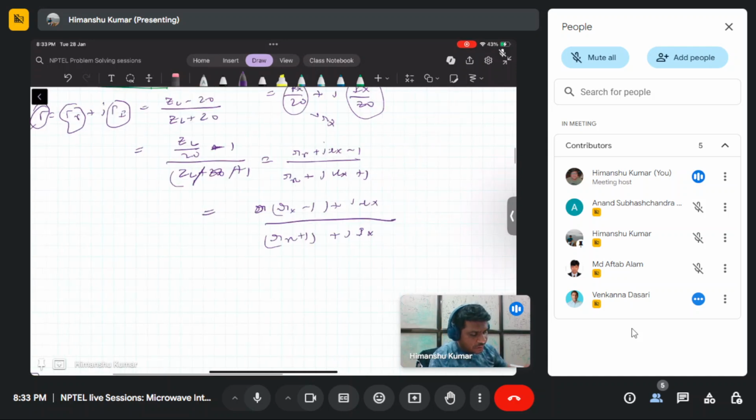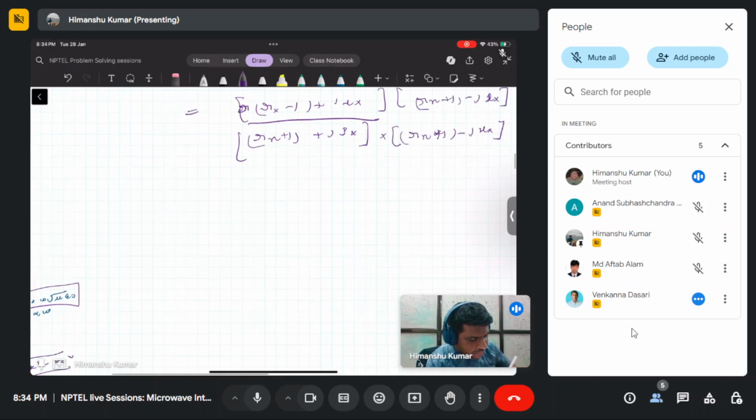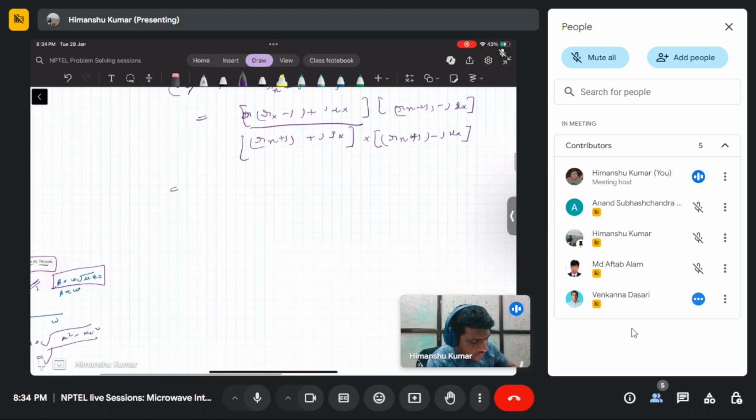So what will I do now? Now I will take the complex conjugate of the denominator. I will multiply so that the denominator is always real. So I will multiply by rx plus 1 minus j times ix. Similarly, above also I will multiply by rx plus 1 minus j times ix. So this will become, at the denominator,